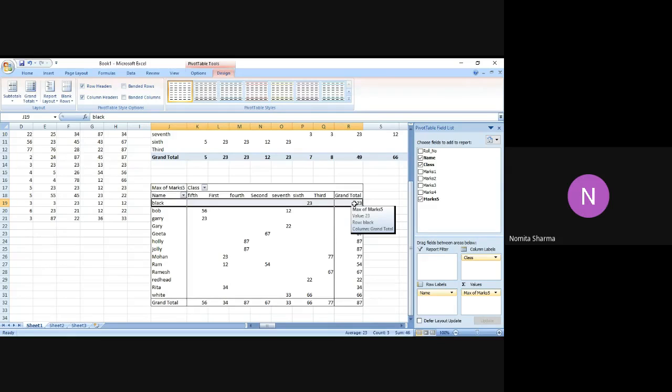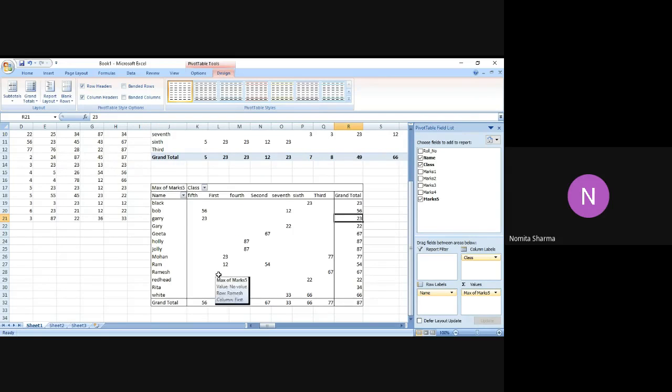So grand total doesn't mean here the summation of all the marks. Since I gave the option of max marks, it has given me the max marks of this particular student. In a similar manner, since I have Bob appearing in 2 classes, with 56 and 12, it will give me the 56, which is the max marks 5 of this student from the 2 classes. For Gary in the 3rd category, there is only 1 student in 5th class, so only those marks will appear in the final section.